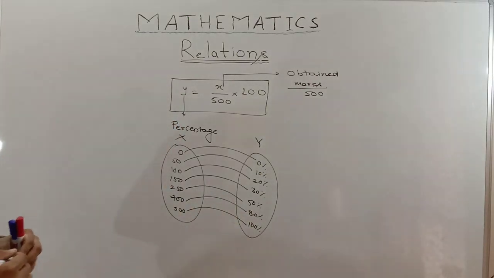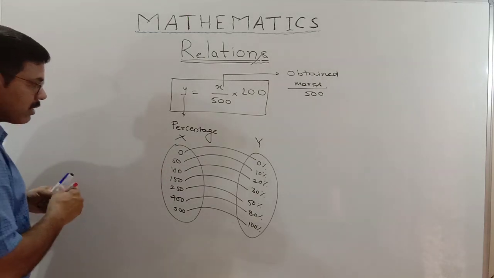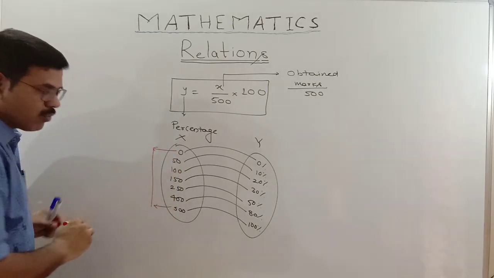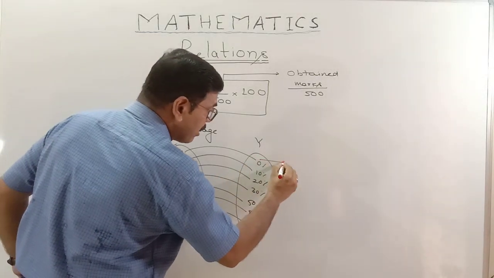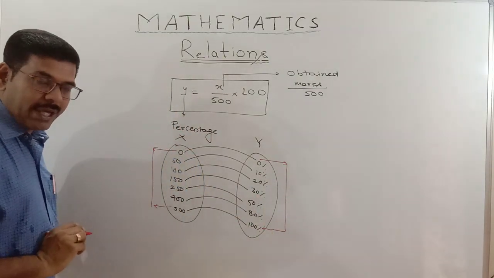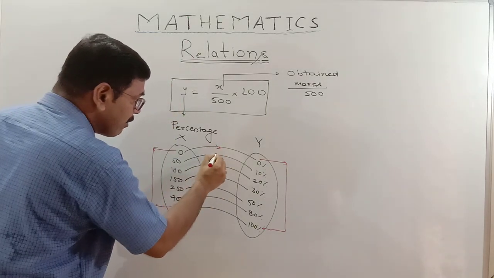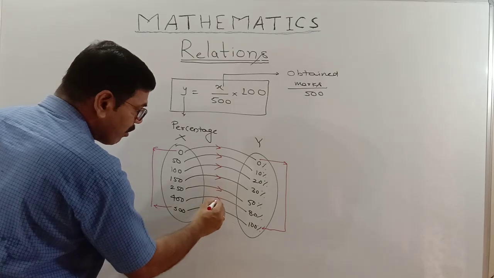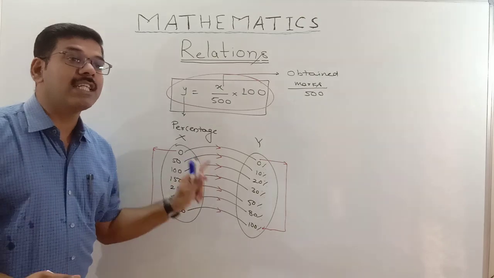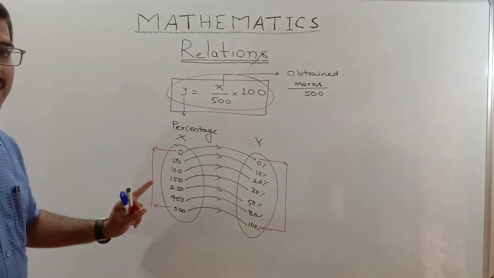You may see that here, this many and more than that, means all the numbers from 0 to 500, are related to the numbers from 0 to 100. Okay. So exactly this relation has only one form. One form in the sense this is the formula by which this relation is being defined.